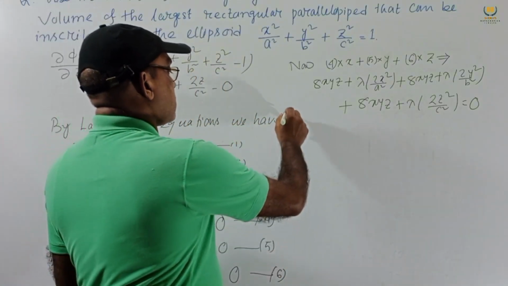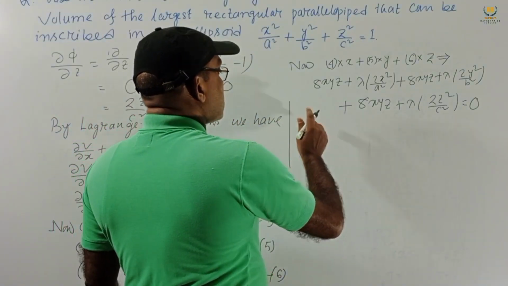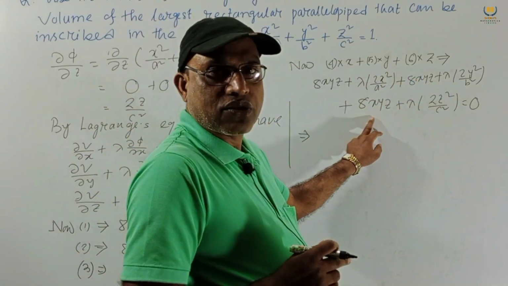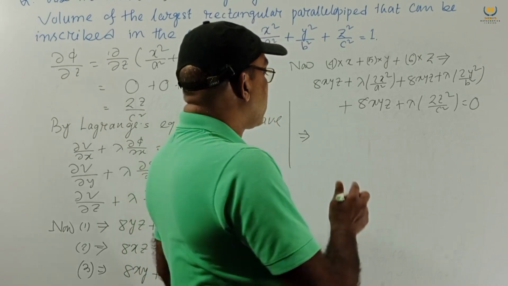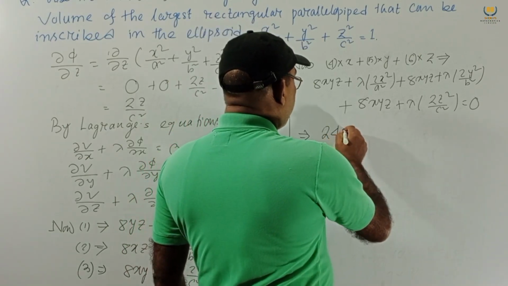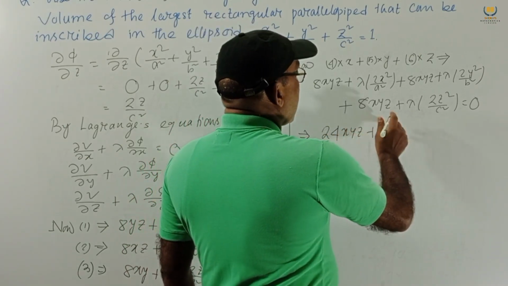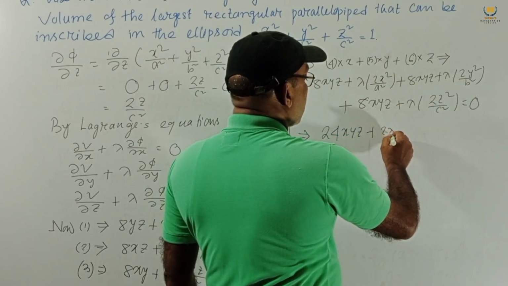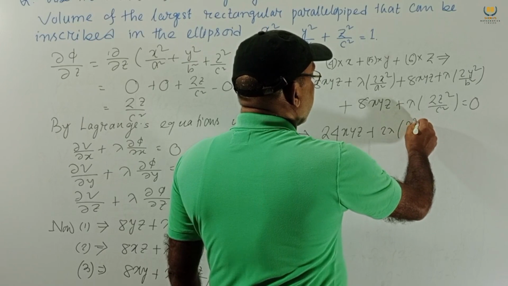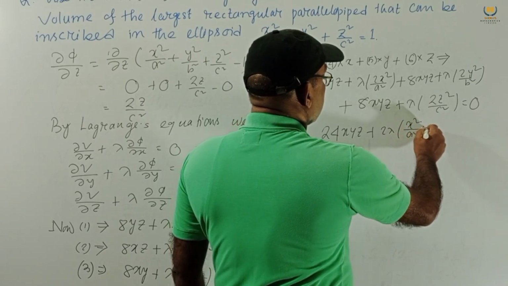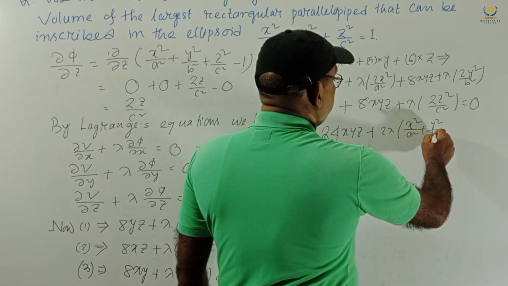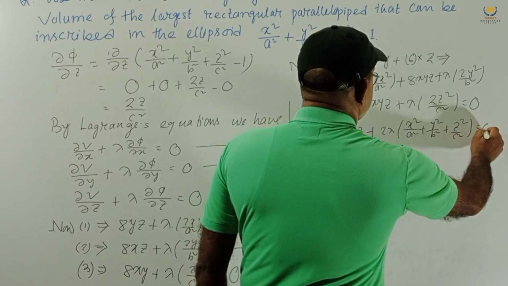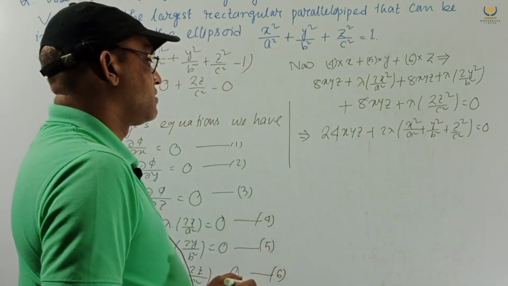We get this one. This implies 8xyz, 8xyz, 8xyz. If we add, then we get 24xyz. And from this and this, 2 lambda common, then we get x square by a square, y square by b square, z square by c square